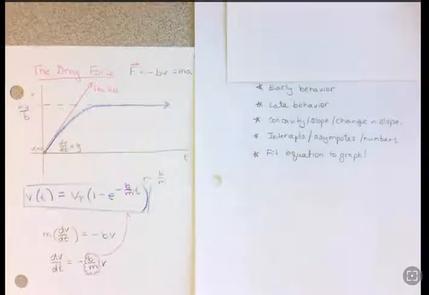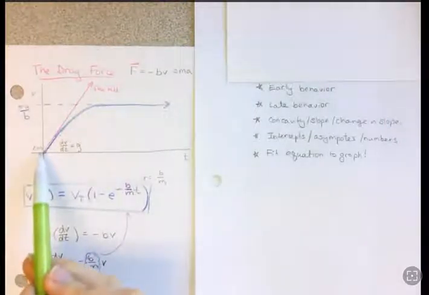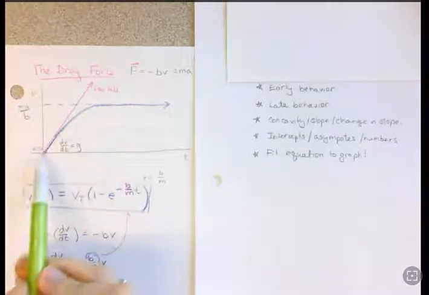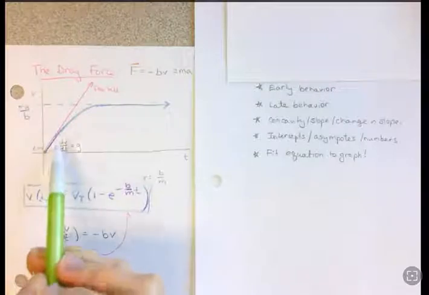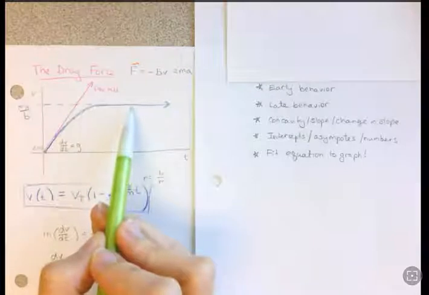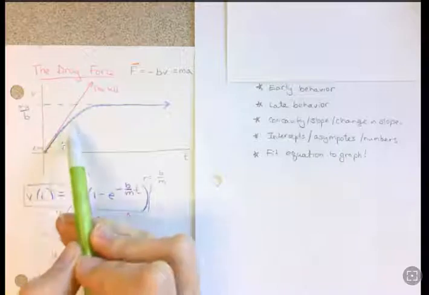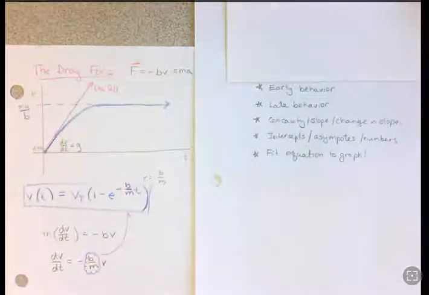Please note that just because the AP grader expects you to do u substitution and separation of variables, it doesn't mean that you have to. Notice you can find any equation off a graph by making sure you have correctly graphed the early behavior, preferably at 0 if you can get it. Any initial values you have, initial slopes or anything else, the late behavior of a graph, final slopes, final values if you have them, and connecting them clearly and continuously without any sharp corners or sudden turns, which are non-differentiable